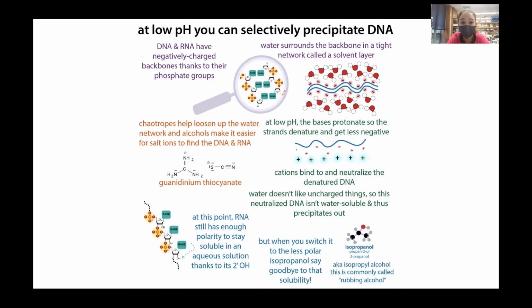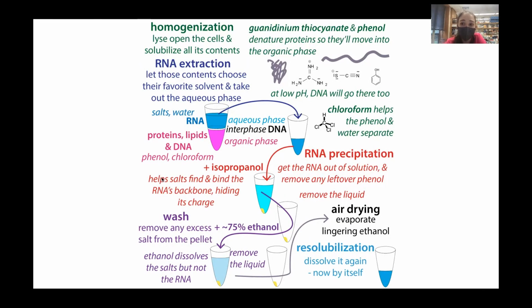And then it'll precipitate out. Add the isopropanol, you're going to help the salts find the RNA backbone. When they do that, they're going to hide the charge of the backbone. The RNA becomes uncharged. Now it's going to precipitate out. And when it precipitates out, now you can get rid of all the other stuff that was around, like the